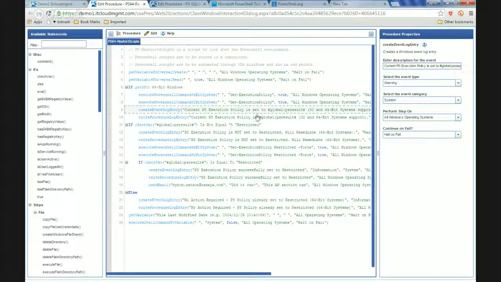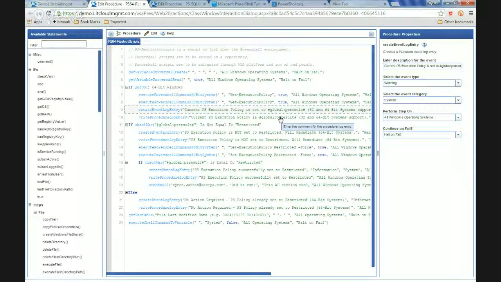If it's set to, let's say, unrestricted, it will say current PowerShell execution policy is set to unrestricted, will remediate, or something like that. The whole point is the system or my PowerShell or my agent procedures is logging every